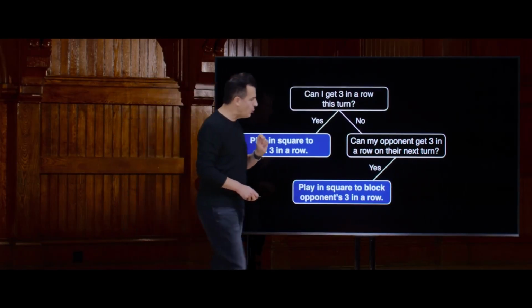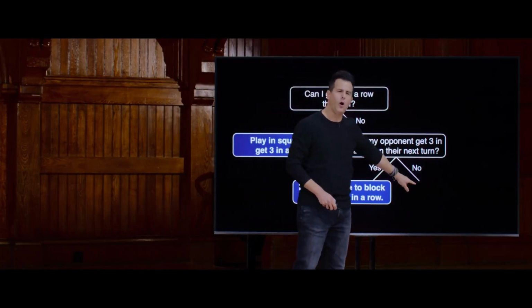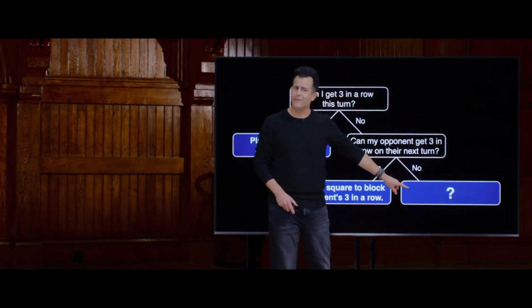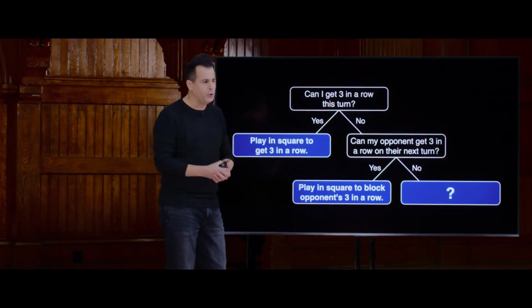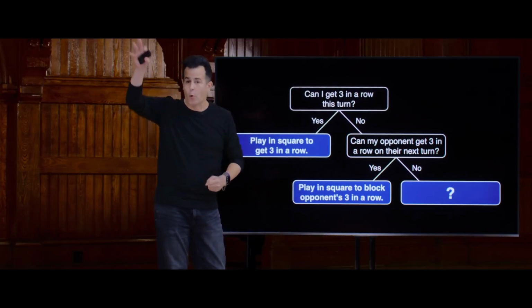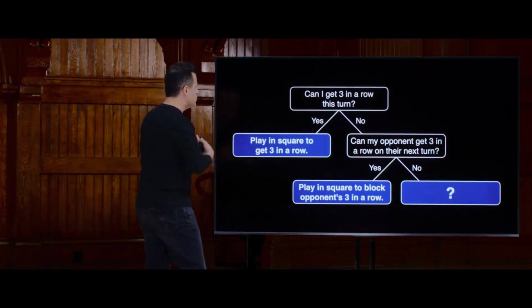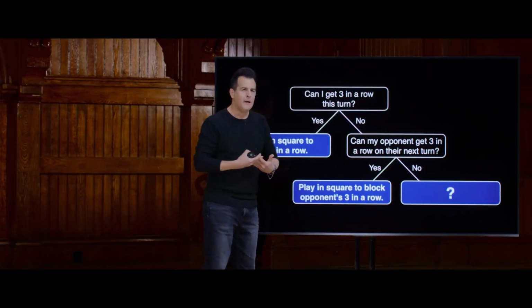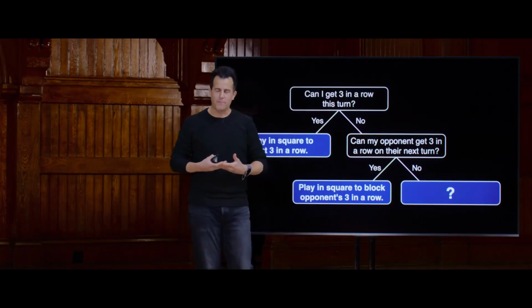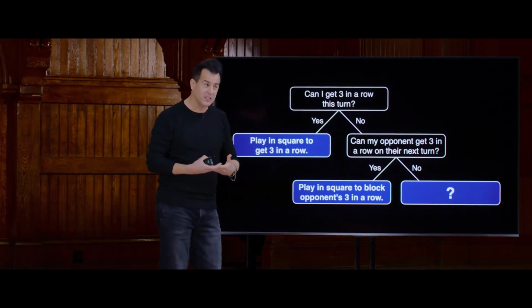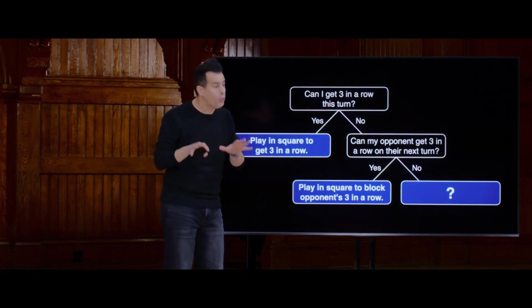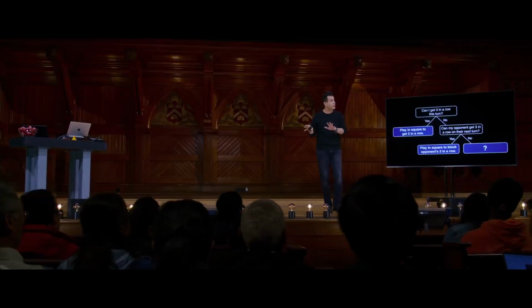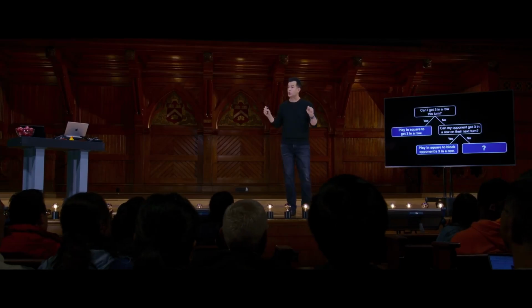But this game, tic-tac-toe, is relatively simple as it is, but it gets a little harder to play when it's not obvious where you should go. Now, all of us as humans, if you grew up playing this game, probably had heuristics you used, like you really like the middle, or you like the top corner, or something like that. So we probably can make our next move quickly, but is it optimal? And I dare say if back in childhood or more recently you've ever lost a game of tic-tac-toe, logically there's no reason you should ever lose a game of tic-tac-toe if you're playing optimally. At worst, you should force a tie, but at best, you should win the game.